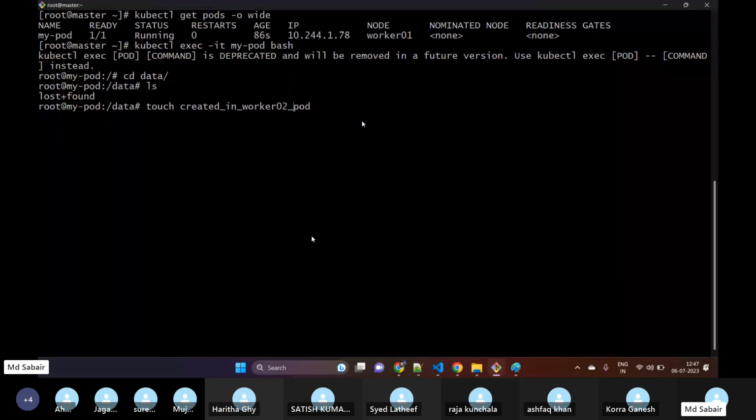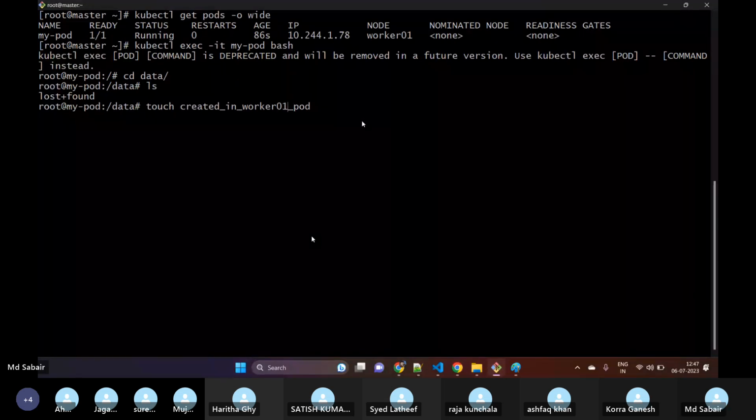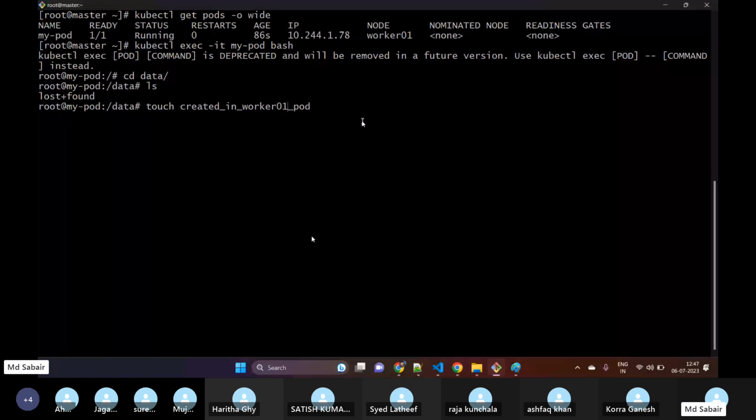So let me create the file name with the same pod name. The only reason is for identification purpose. I just want to delete this pod and try to run one more pod again. Okay, so now let me exit and let me delete this. kubectl delete